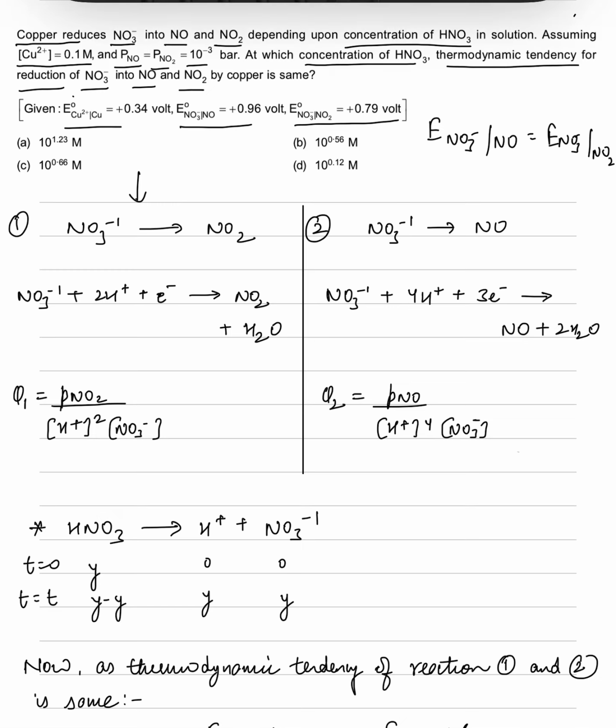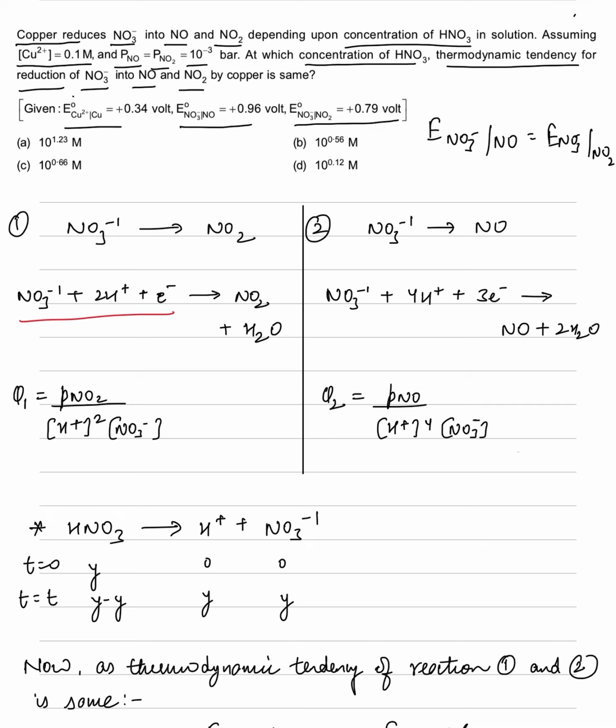Since the reaction is taking place in acidic medium, we can easily balance it using the half reaction method. Once we have balanced it, we can see this is the reaction. Now in this reaction, we can find the Q1 because in the Nernst equation, in the term of log,